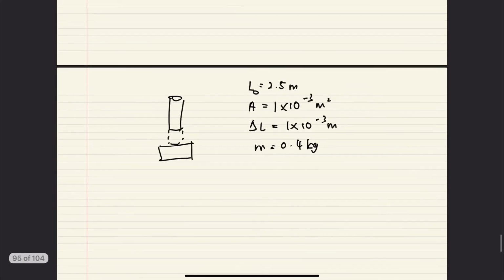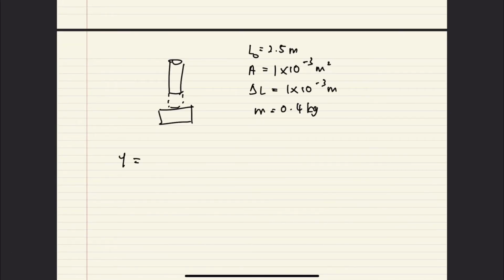So basically they want you to find Y, which is equals to stress over strain. Stress is F over A, strain is delta L over L naught. So you have all the values L naught, A, delta L, except F. So force here would be the weight that is pulling the wire downwards. The weight here is equals to mg, so I can write it down as mg L naught over A delta